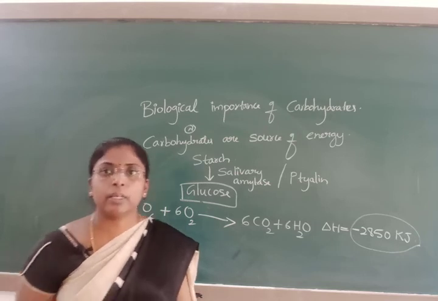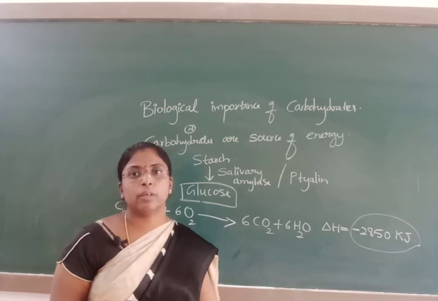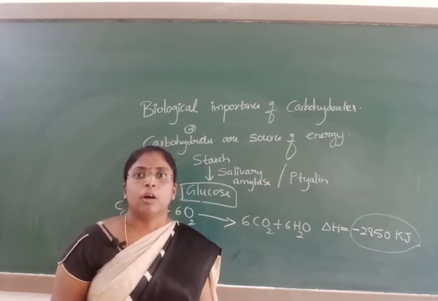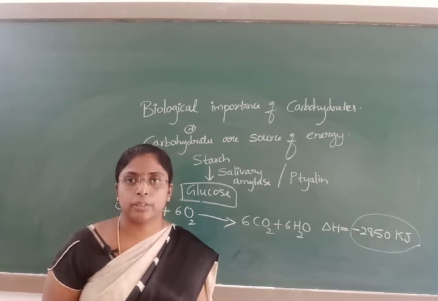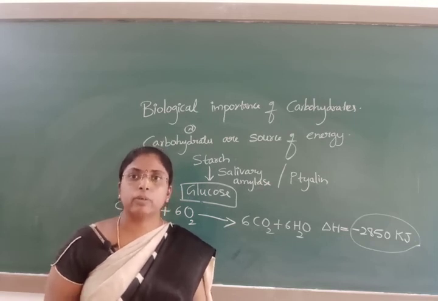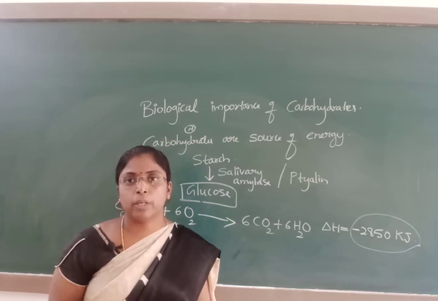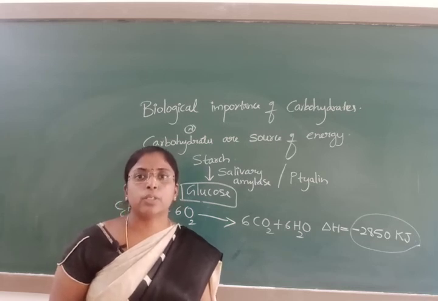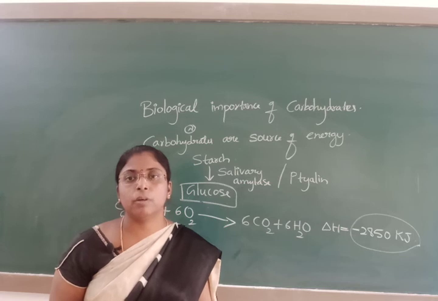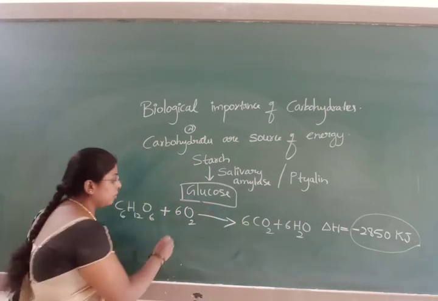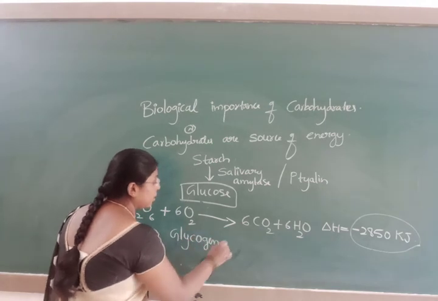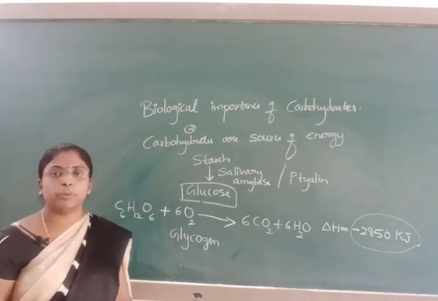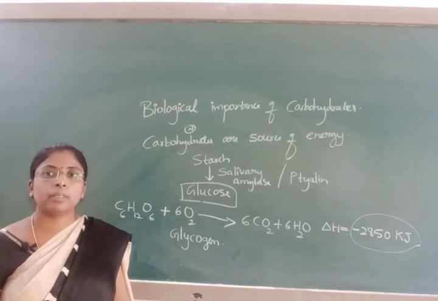Here, of the food we intake, all the glucose is not converted into energy. Only as much as is required for the body is converted into useful energy. If there is a remaining excess of glucose, the human body will store this glucose in the form of glycogen. Glucose is stored in the body as glycogen with the help of the hormone insulin. Insulin helps the conversion of glucose into glycogen.